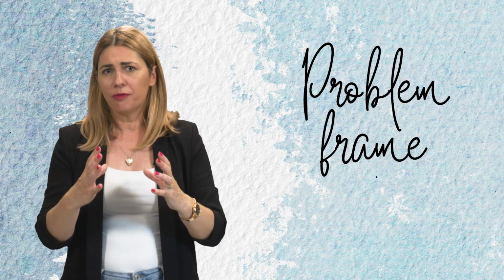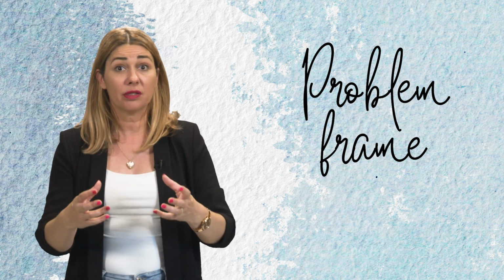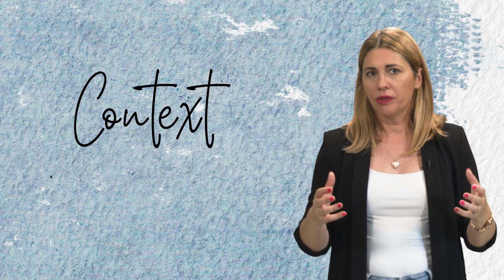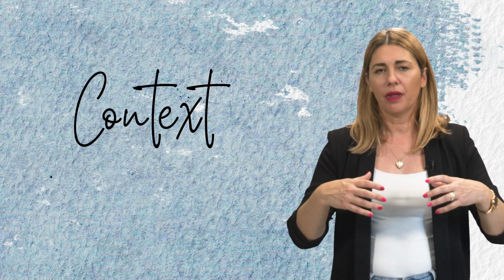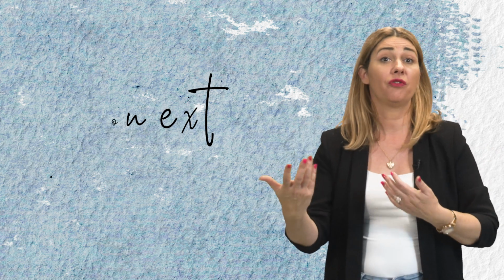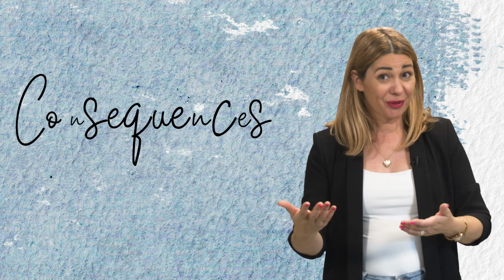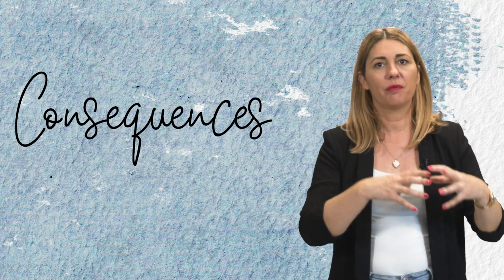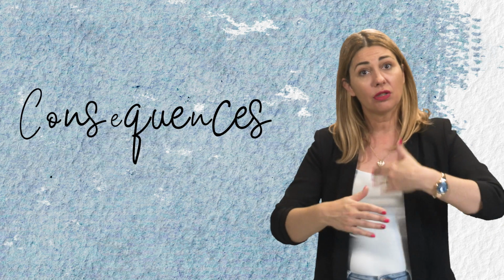So in the problem frame, we can use stories or anecdotes, even information and data, something that illustrates the problem, the issue that needs to be addressed. Now, a story can also provide context around the problem. So what you can do is illustrate what will happen if the problem continues to not be addressed. So there will be consequences, right? So in this problem frame, you have both the current problem and the consequences, and also how they relate to our human needs.